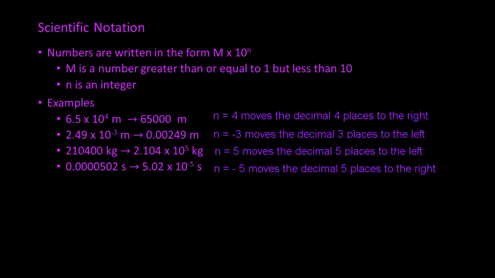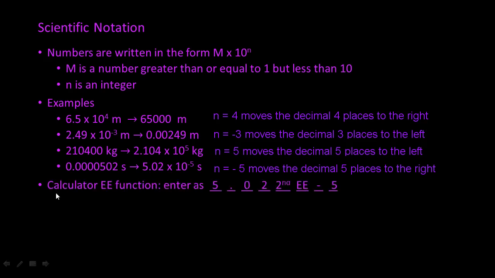Really small number. Now, a word about doing calculations with scientific notation. I strongly encourage you to use the notation function. It's the EE button on your calculator, and you'll find it as a second function above the comma on your TI calculators. So for instance, in this last example, 5.02 times 10 to the negative fifth seconds, you should enter this as